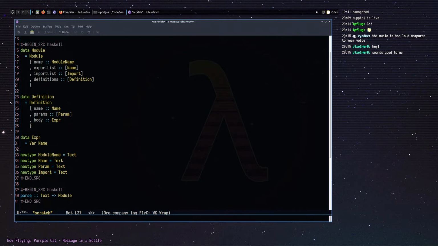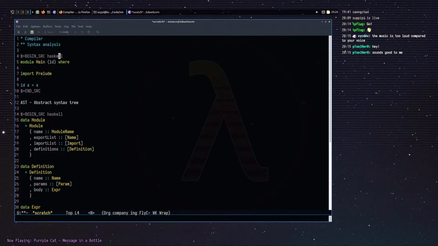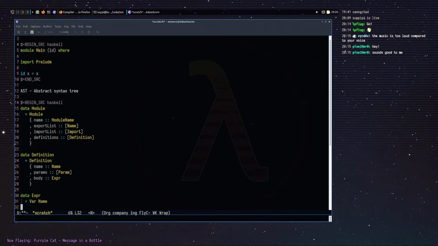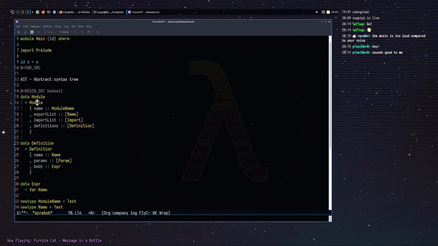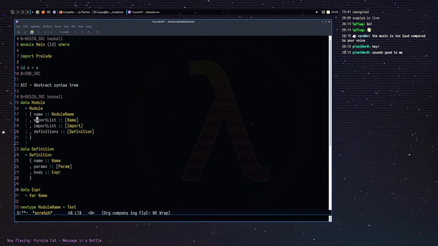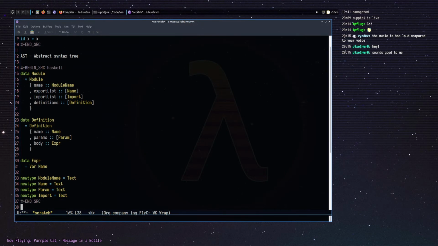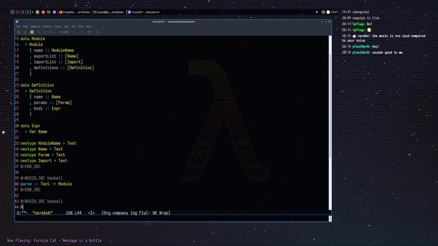And this is the idea of the first stage of the compilation: taking some text that represents a program and converting it to data types that a computer can work with. So if we try to represent this program in these data types, it would kind of look like this. We have a module,